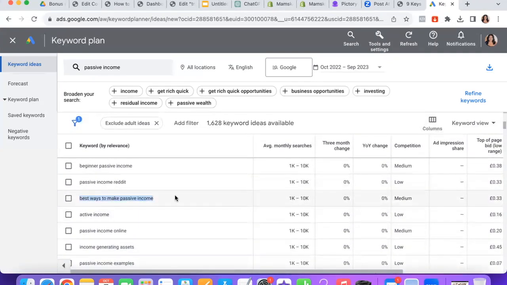Yes, this one's even better. Best ways to make passive income, right? That's another great way to go even more niche, okay? And the longer your keywords are, the more specific it is, and the more likely your content is to be found on the internet. So when you're using longer tail keywords, as you can see, the average searches tend to be lower, but even at that, 1,000 to 10,000 searches a month is still pretty high,